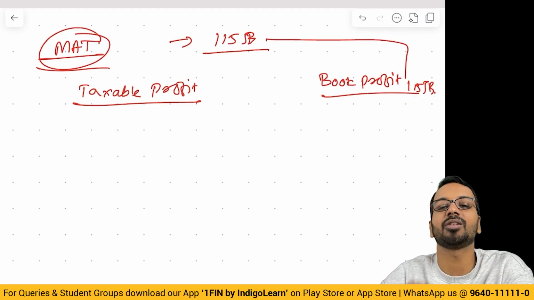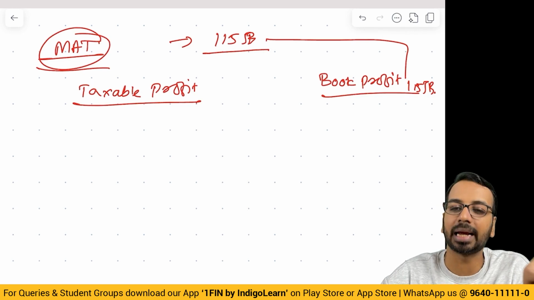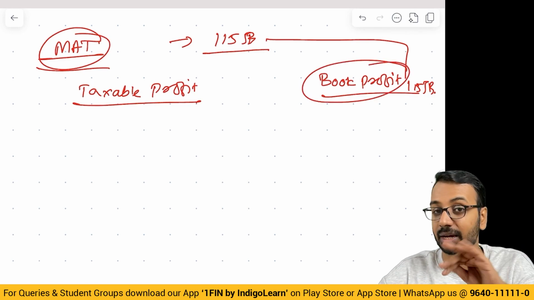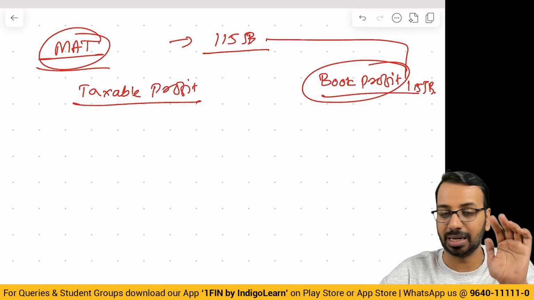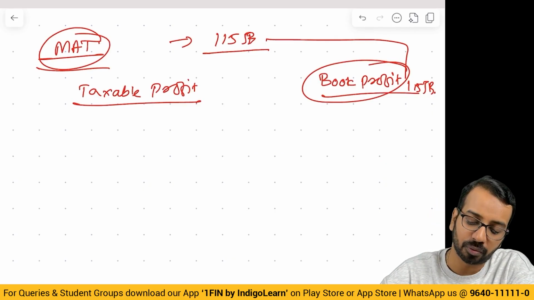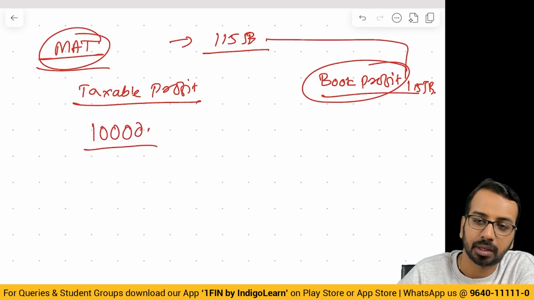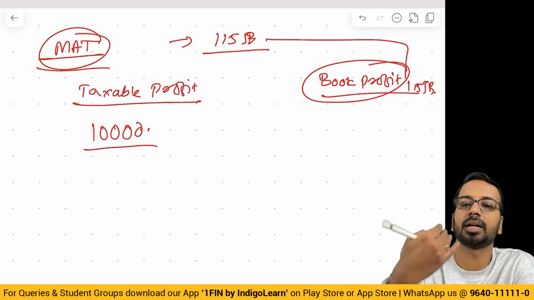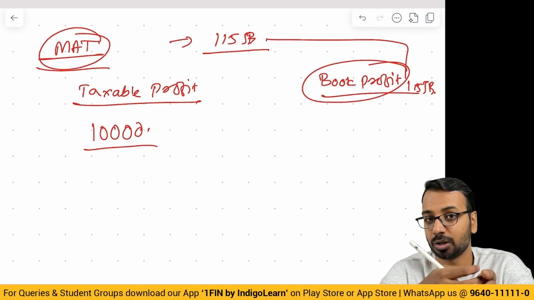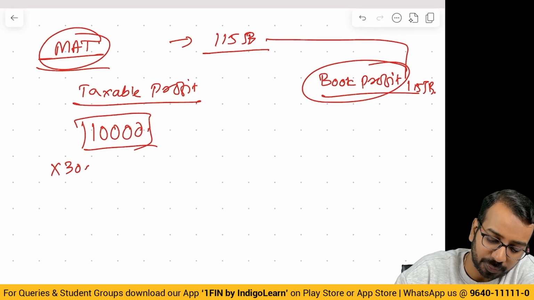but the government does not want to leave taxation. The government says even if your taxable profit is zero or negative, but if there is something called book profit, how to calculate it is out of the syllabus. For your intermediate, you will learn this at the final level. But say, for example, taxable profit is 10,000 after claiming all the deductions available under Chapter 6A and brought forward losses. On this, you are required to pay 30% of tax,